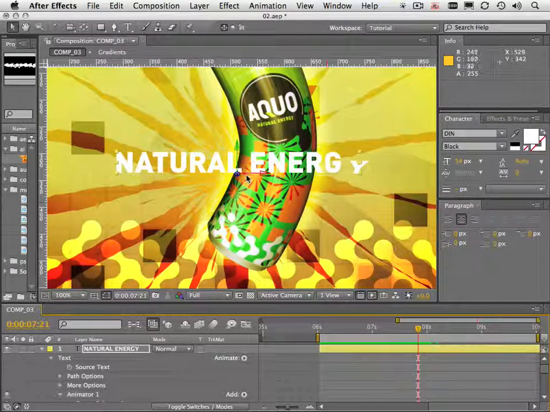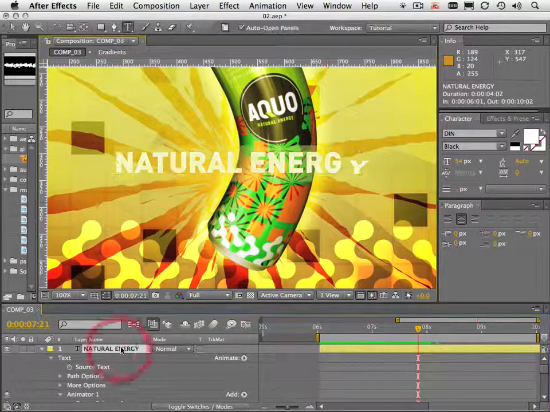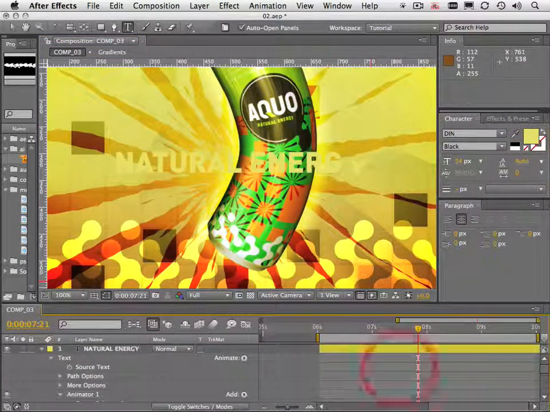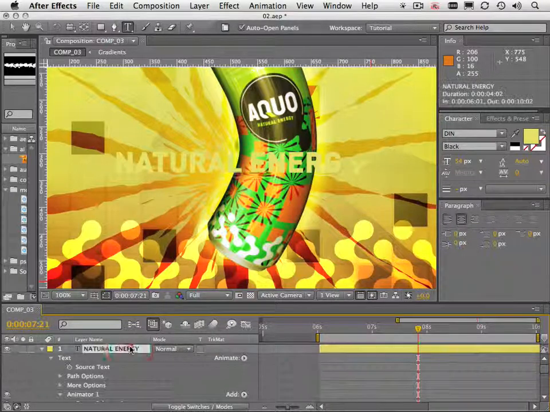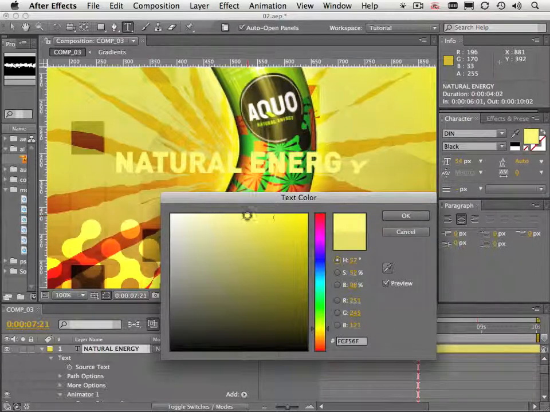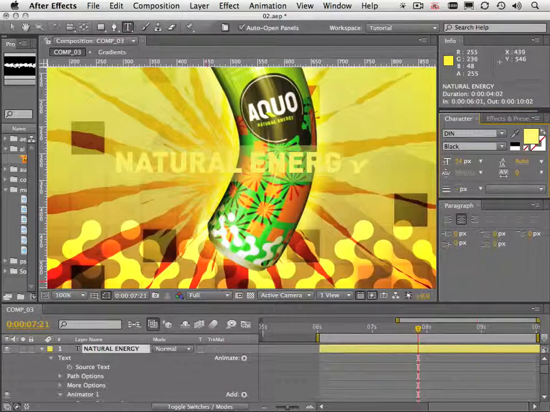So what I'm going to do is colorize the text, and I'm going to sample a color from the background, maybe this yellow. That's not bright enough, so I need to just modify that slightly. Maybe something like that. Okay, now I'm going to apply